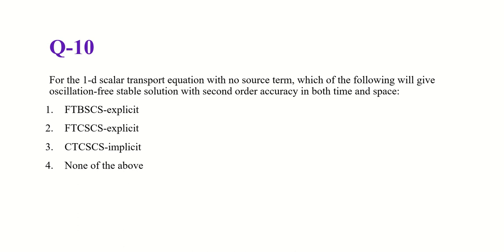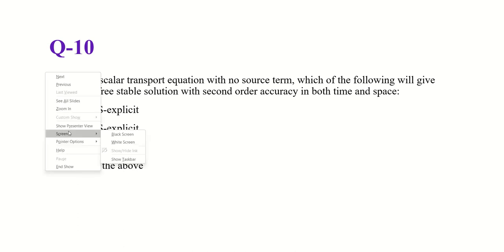For the following one-dimensional transport equation with no source term, which of the following will give oscillation-free solution with second order accuracy in both time and space? So the answer is none of the above. How was that we identified as